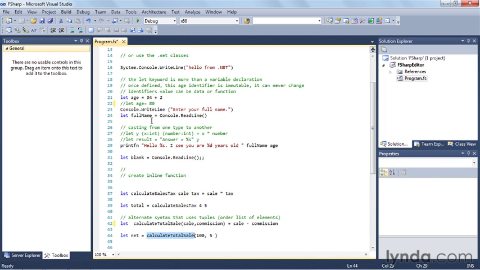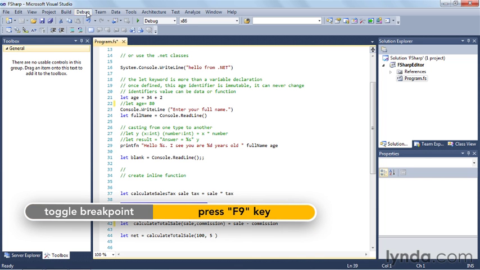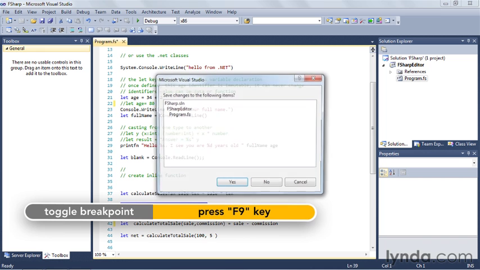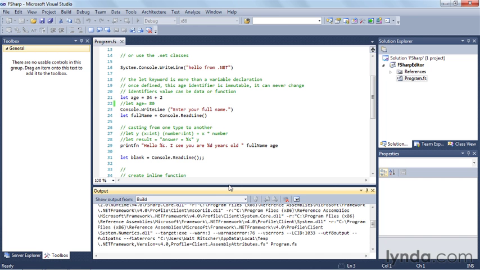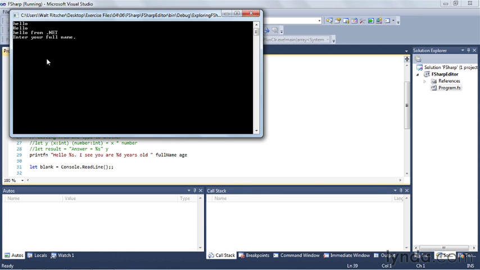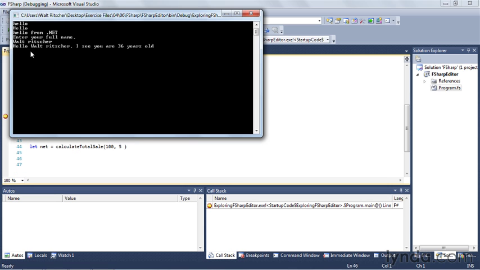I do. I'm also going to put a breakpoint right here by pressing F9. I'll go up to the debug menu and choose Start Debugging. Go ahead and say yes to save these changes. You can see I put a few items to the console. I'll enter my name. I do the string concatenation, and then I press enter,